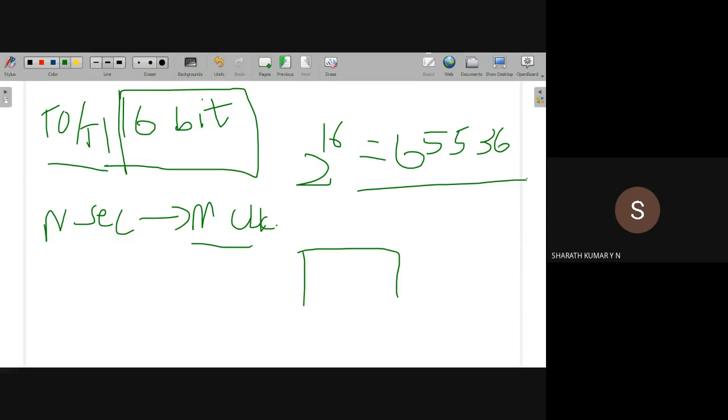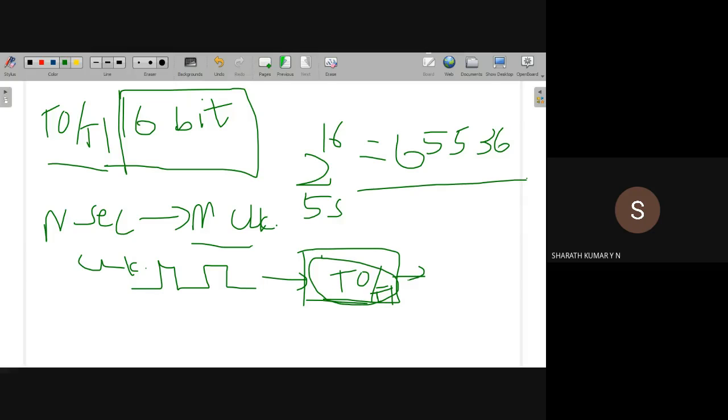That means there is a timer hardware, either timer 0 or timer 1. We can use them independently; we need not use them together. We can use them separately. To this timer hardware, we need to apply continuous clock pulses so that it will count a number of clock pulses. For example, for a 5-second delay, each time period is 1 second, so it has to count at least 5 clock pulses.